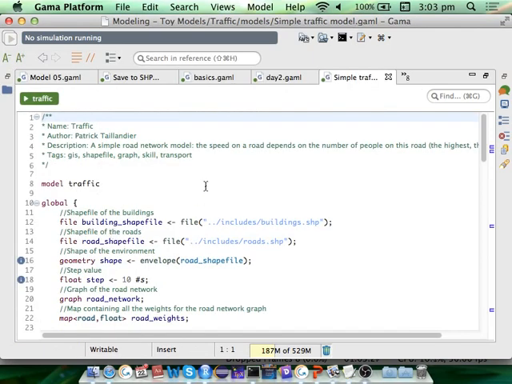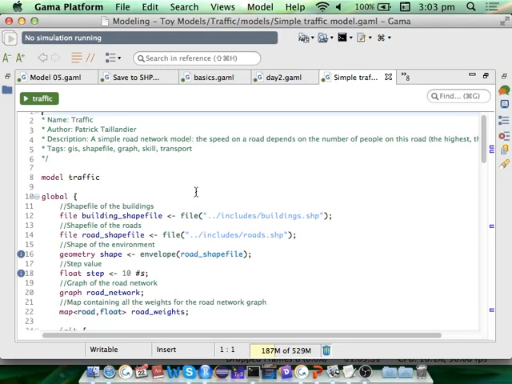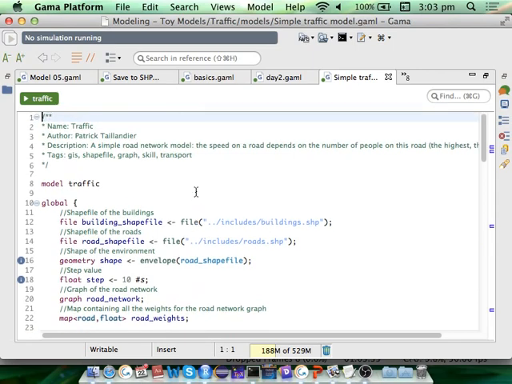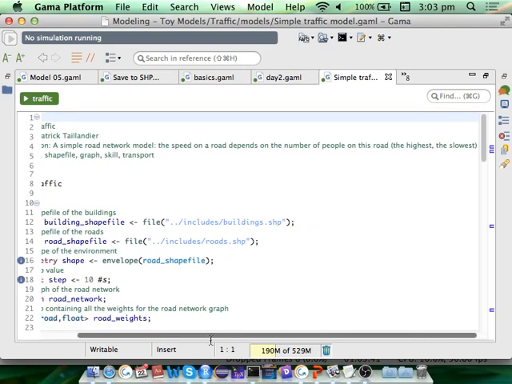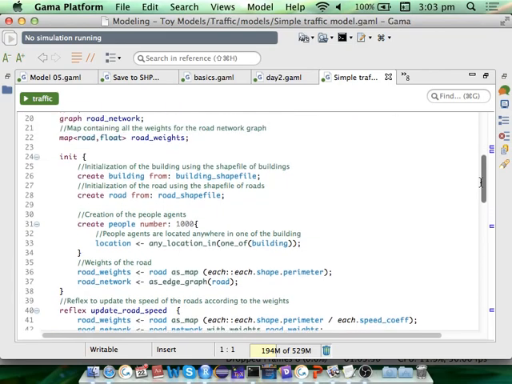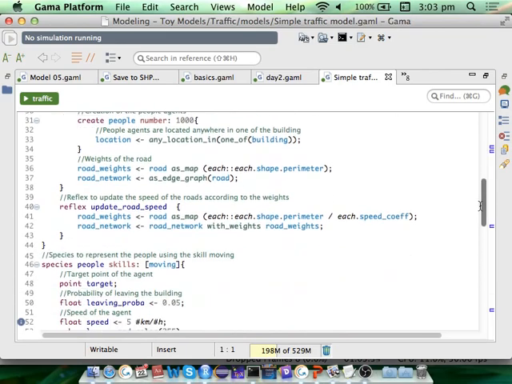Now questions, quiz. What's the name of the model? Traffic. And you see there is a description. You should also make a habit to write the description. So it says a simple road network. There's some description. You should always make it. And then you have initialization, a reflex,